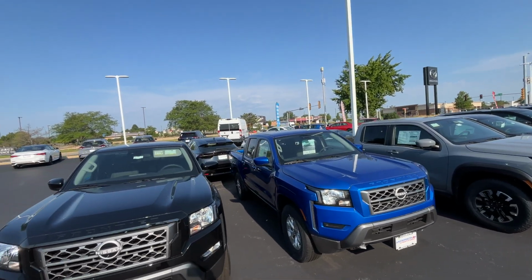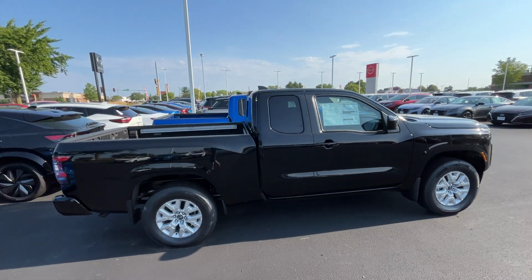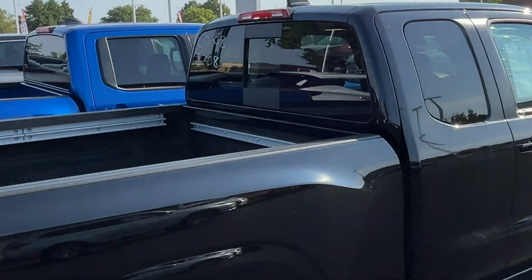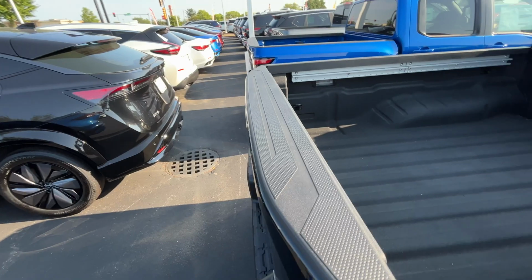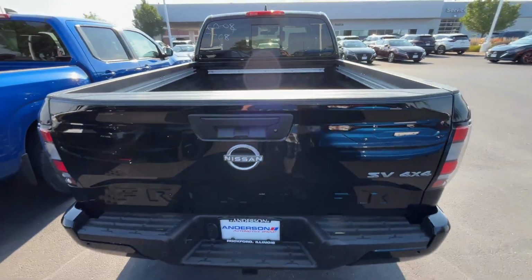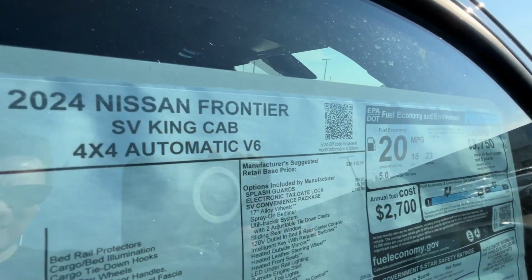So let's start with this pretty rare trim, right? You have a 6-foot bed and a king cab. It's got the sliding rear window. It has a spray-on bed liner. It has an aluminum tailgate, very light. This is SV trim. And I'll show you the sticker here. So again, a 2024 SV king cab,